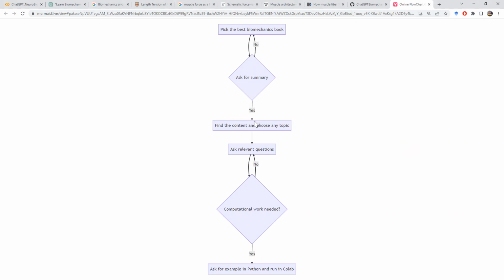It's not necessarily needed here, but if yes, just choose a topic, the content, for instance, and ask relevant questions, and then go ahead. If it needs computational work, use, for instance, Colab or Python to do it. I'll show you how I did it. It took me quite a while, but finally, I put them all together for your information to explore